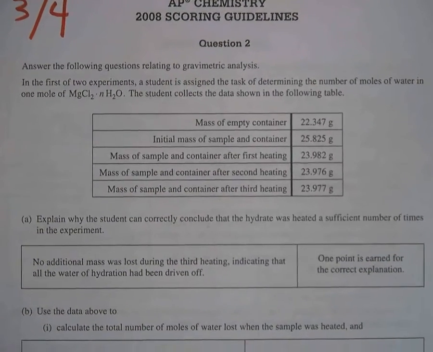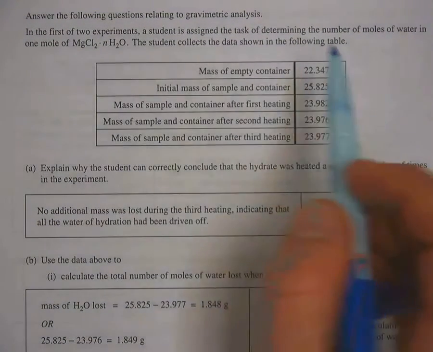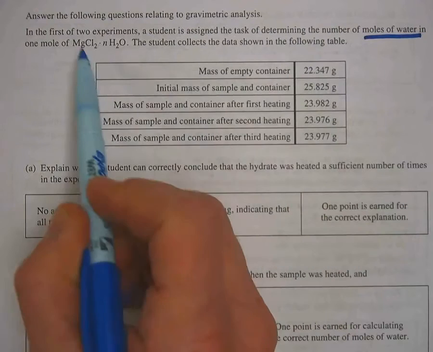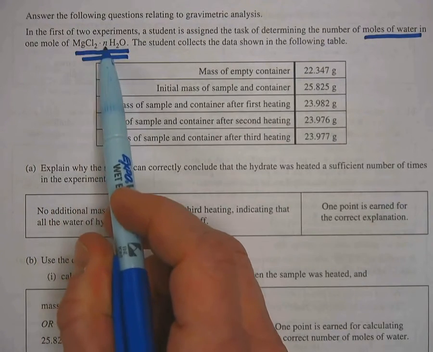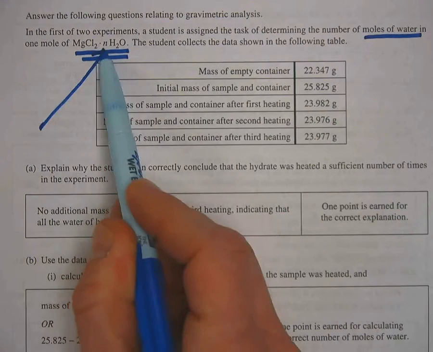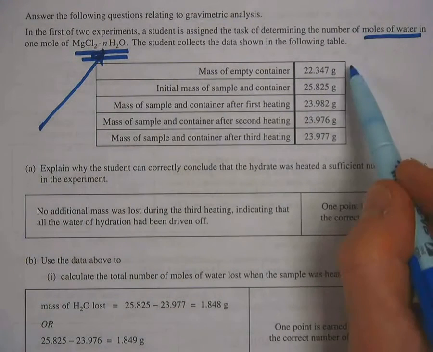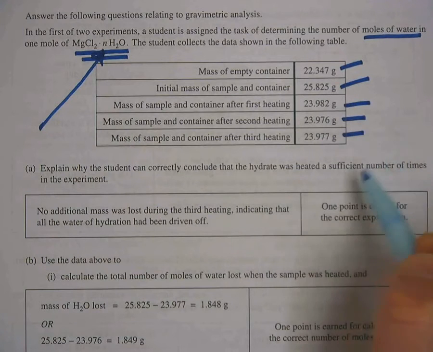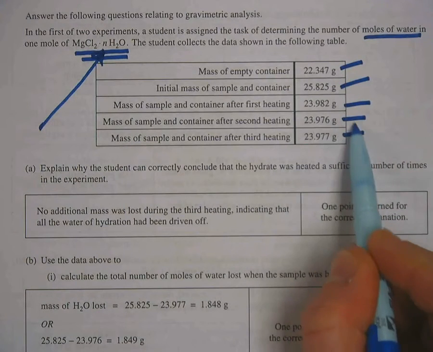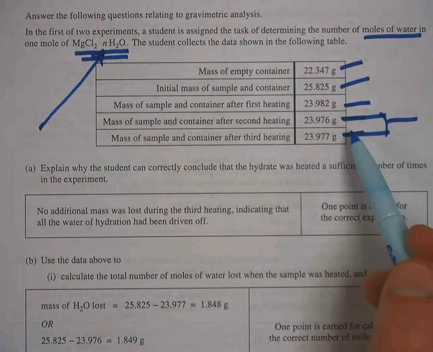Here's a great lab type question they love to ask. Here's an experiment to determine the moles of water in this hydrated compound, MgCl2.NH2O. What do they want to know? Of course, they want to know N. How many moles of water are attached to that MgCl2 crystal? So they've got a mass of an empty container. They got a mass of the sample. Then they heat it. Okay, and you can notice that the mass stays similar here at the end. Once you get 2 similars in a row, you know you've heated it enough, and therefore you've driven off all